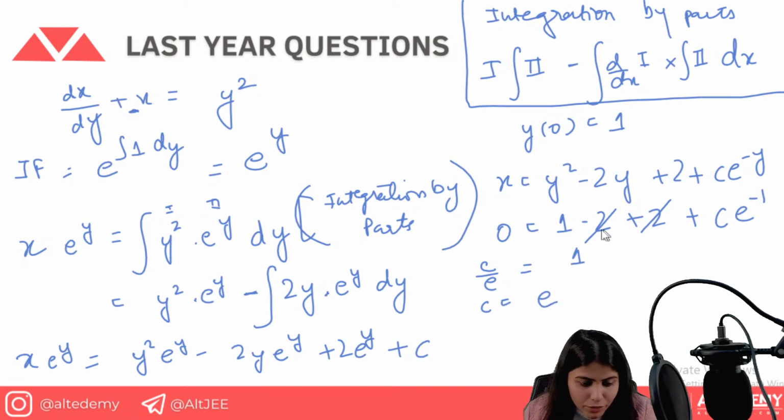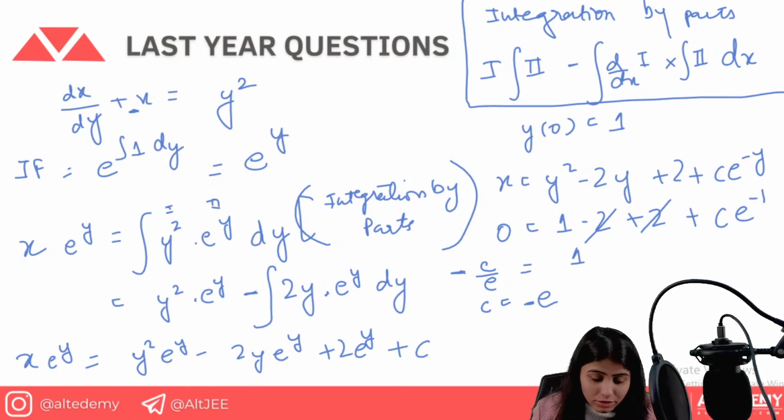So we got the value of c is equal to e here. Okay. So what we got here is we have c e to the power minus 1. Obviously it will become minus 1 here. So c is equal to minus e. So this will be the answer. Sorry, this is not the answer. We got the value of c only here. Okay. We have to solve to find out the abscissa.